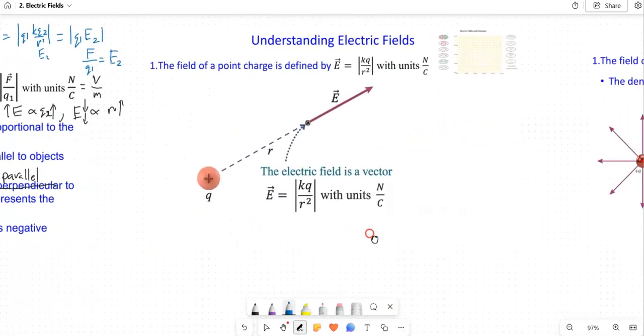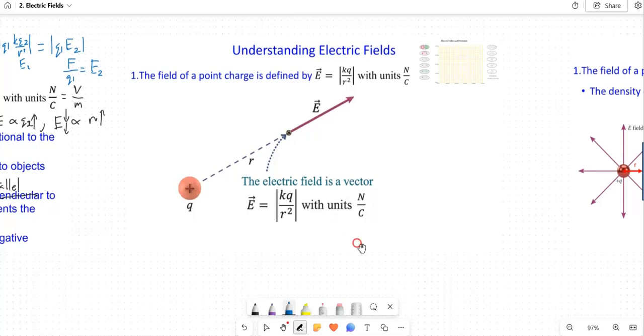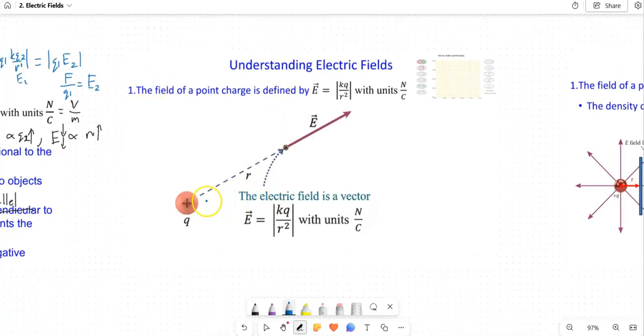All right. So first off, this is a picture of a positive Q charge. And let's say you placed a sensor right here and you want to measure the electric field at this point in space. Well, that electric field is represented by a vector. And so that's why it's got the vector head. And since this is a point charge, this electric field vector is going to be represented by KQ divided by r squared, where r is the distance from the point source charge